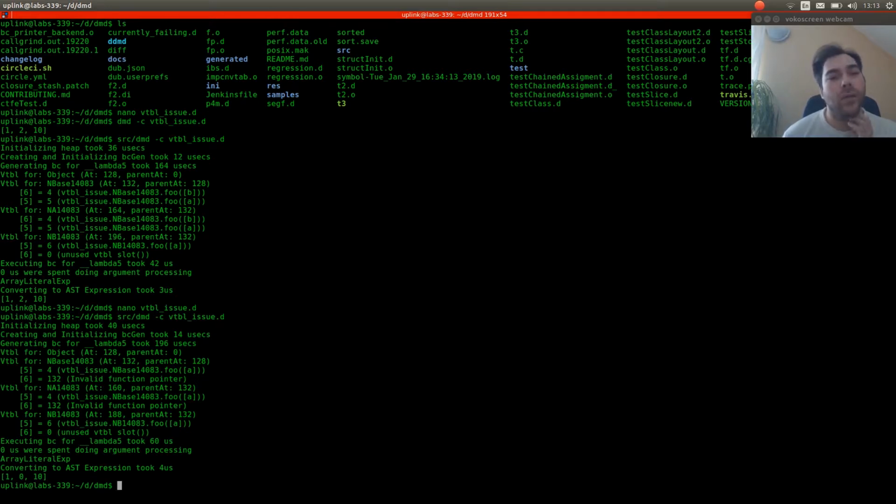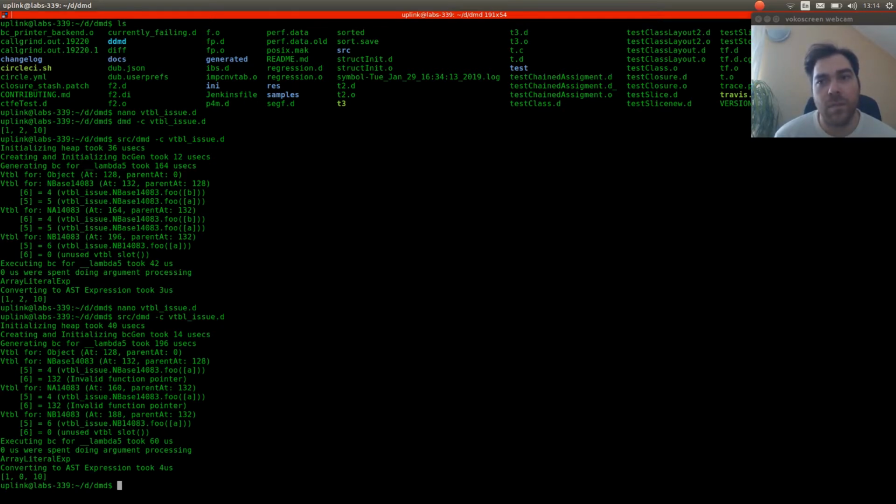And we also have an unused slot in the vtable, just as before, and what's worse is that we have an invalid function pointer inside the vtable. Right? So my assumption is that that invalid function pointer